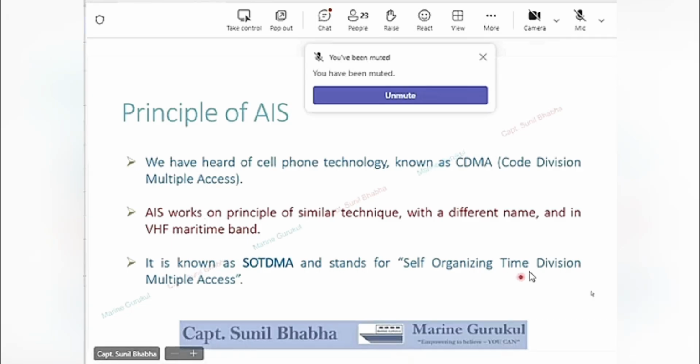So these slots are acting like turns for all the ships to transmit their data. So that is why the term time division. This system works on dividing the time into small slots of time. And the last term in the name is multiple access. That means it allows multiple users to access the system at the same time, and information can be passed on or communicated between multiple systems within a short duration of time.